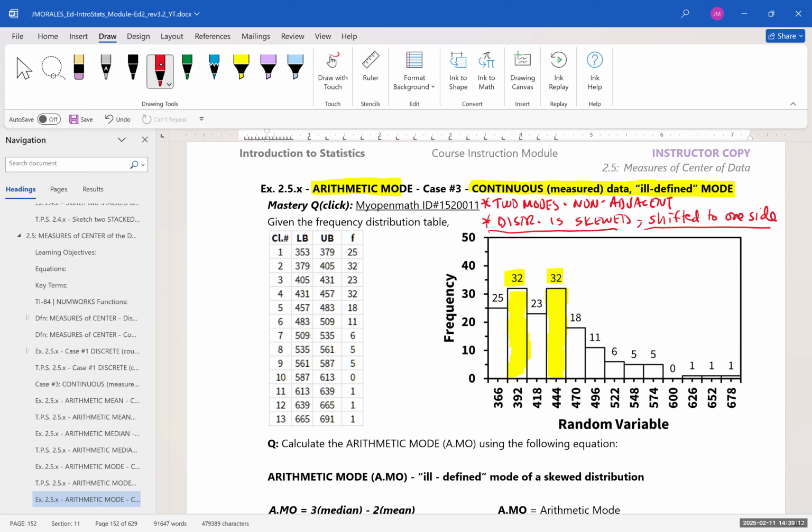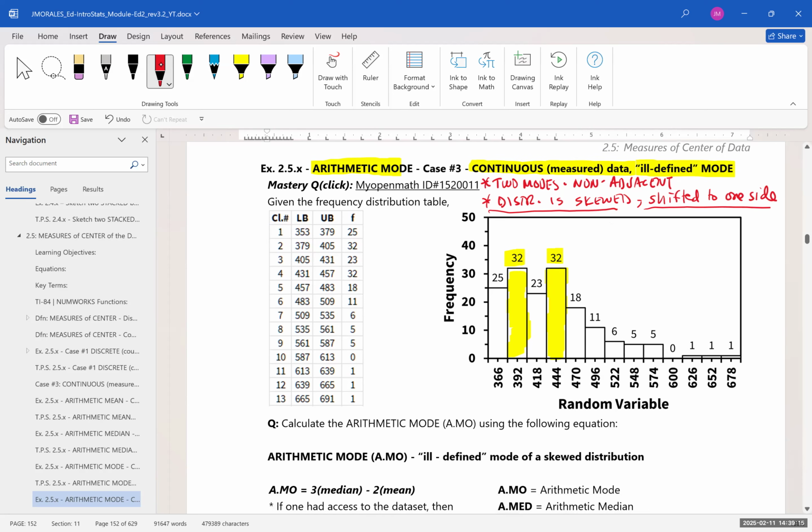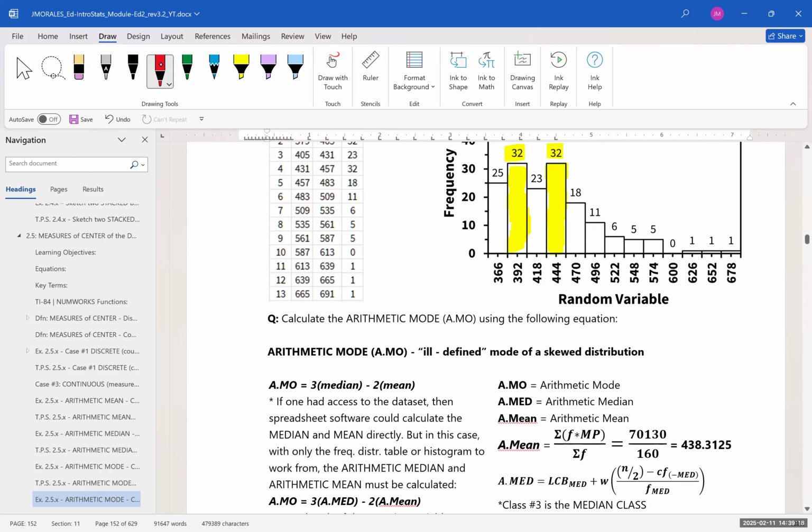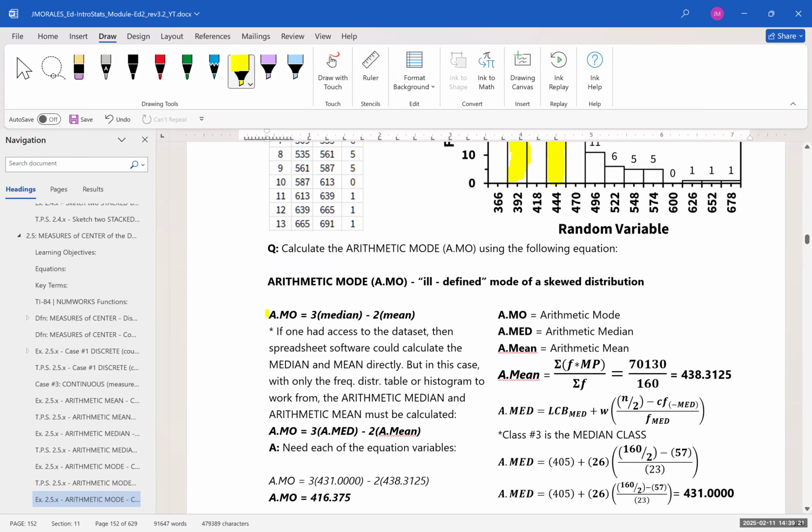All right. So what's that formula, and how do you use it? Well, the formula is actually simpler than all the others. The arithmetic mode, when you've got an ill-defined mode and the distribution is skewed, is going to be 3 times the median minus 2 times the mean. That's it. So if you have access to the data set, then spreadsheet software can calculate the median and the mean directly. So the spreadsheet software can give you this number and it can give you this number. And you just multiply the median times 3 and subtract the product of 2 times the mean,